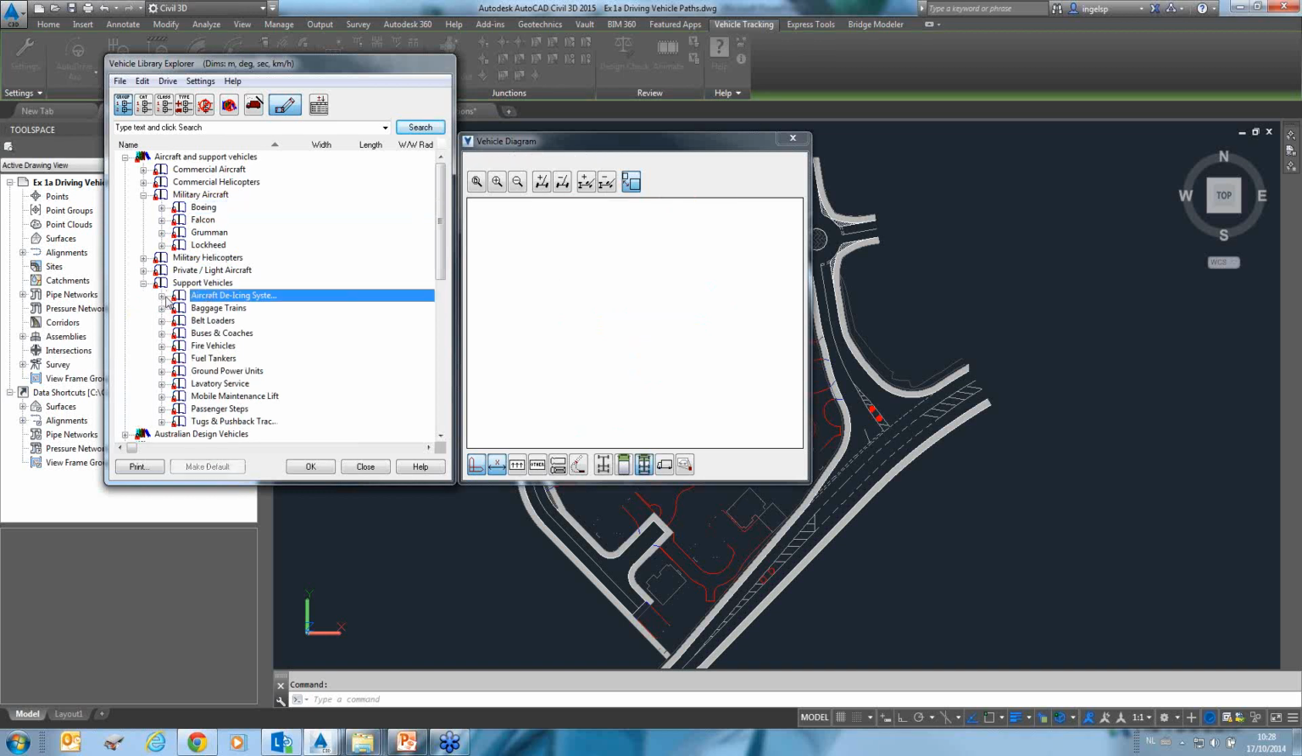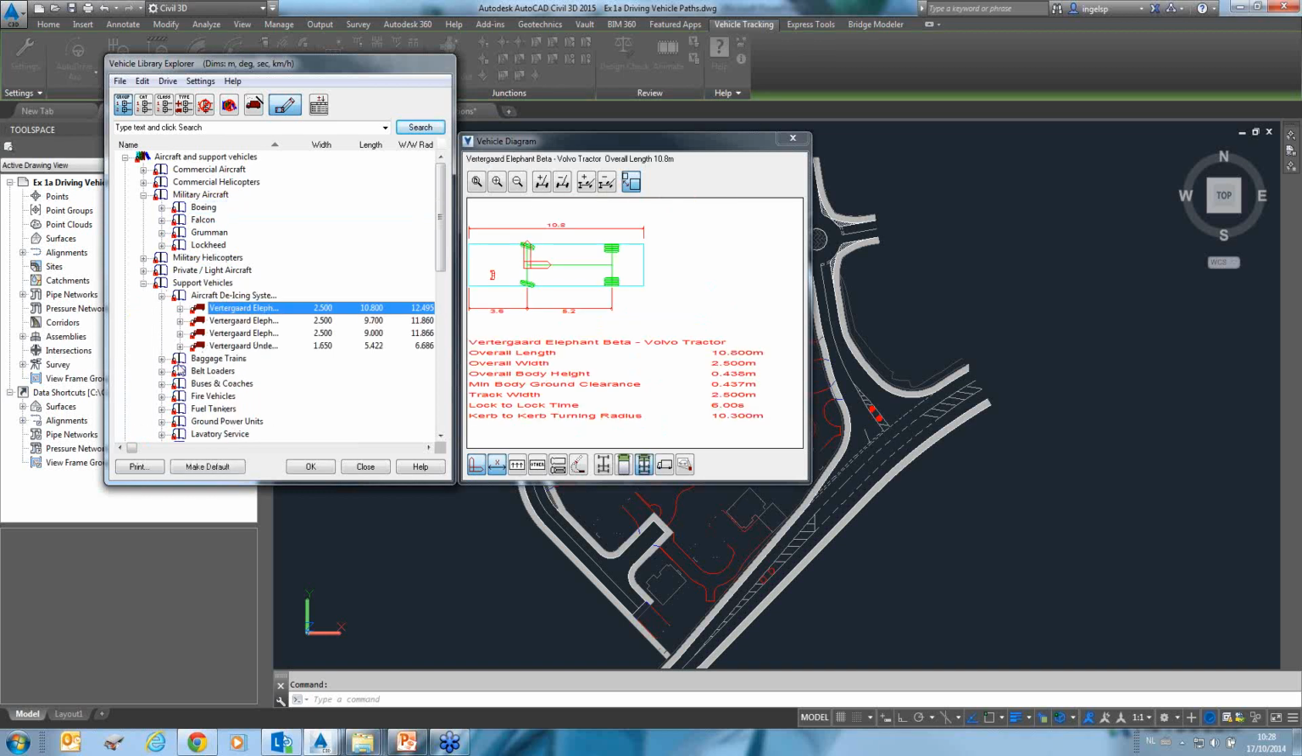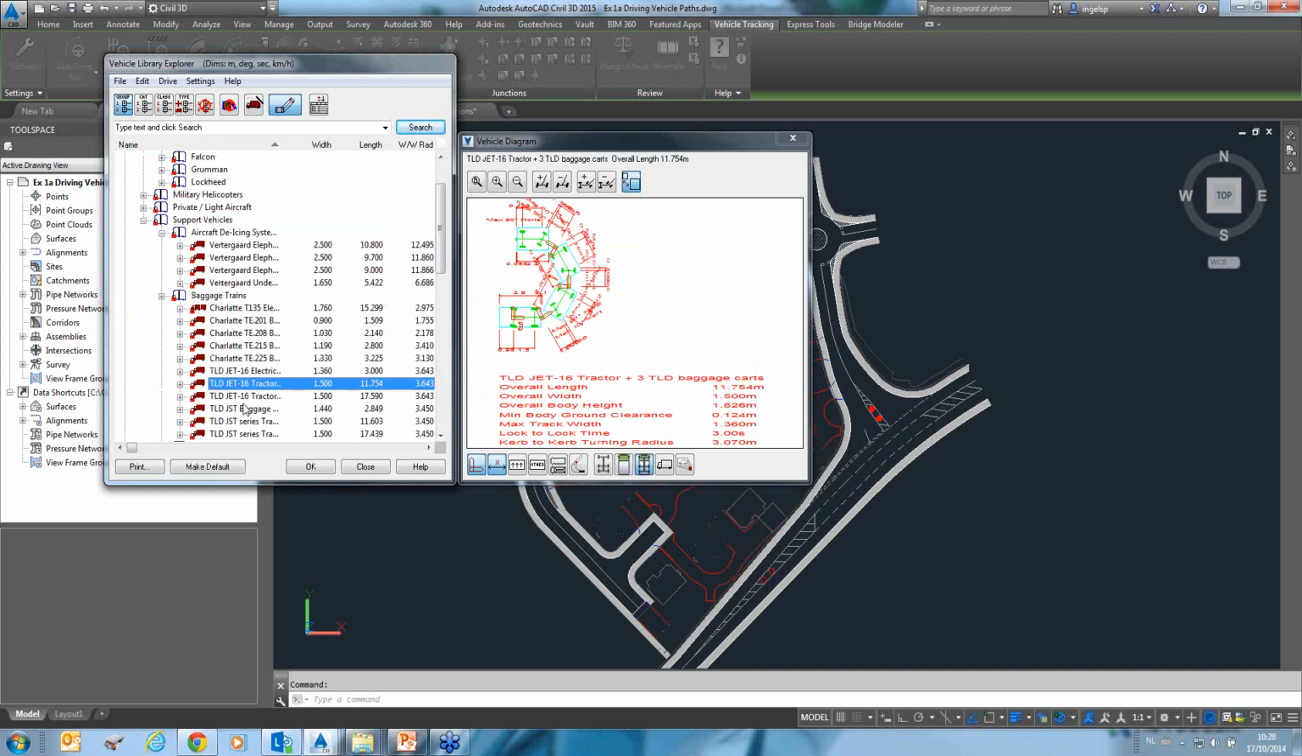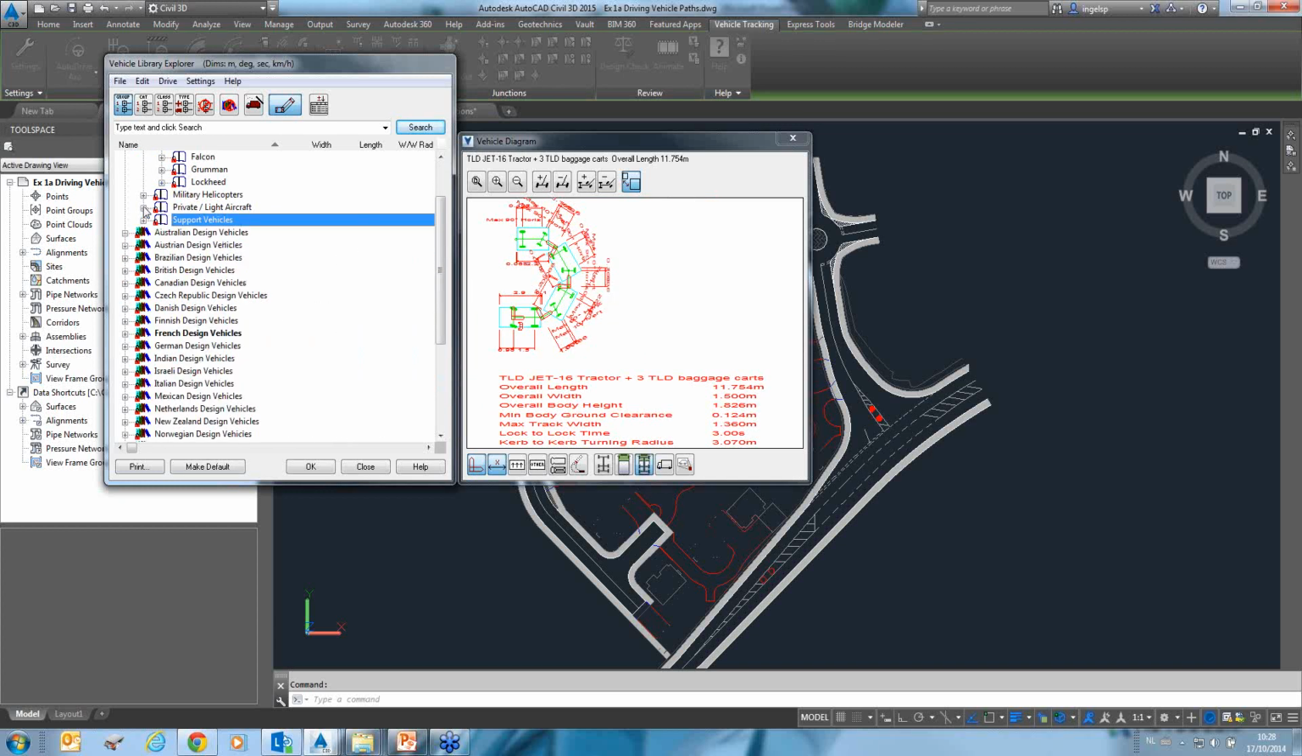As I mentioned, de-icing machines, baggage trains, we have all these types of vehicles in the library as well. So it's not just cars, as I mentioned. And then we see an overview of all the design vehicles